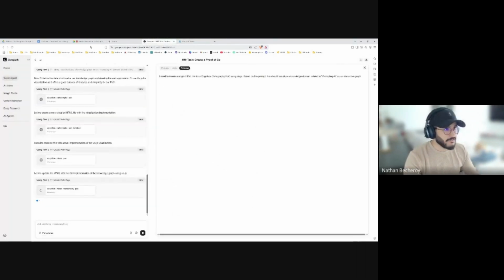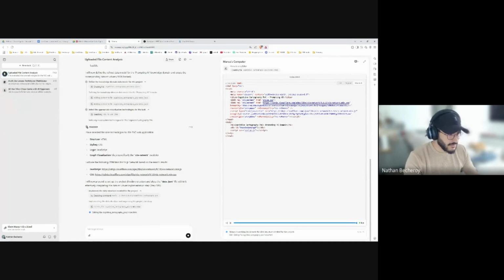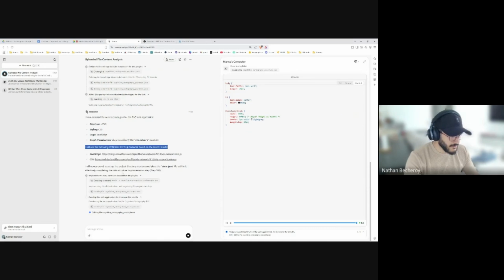So Genspark continuing. Manus now selects the core technology. I will use the following link to base its research, and it's continuing creating things here.